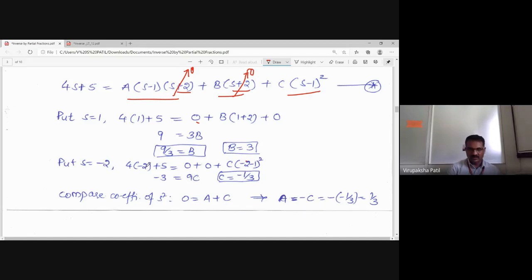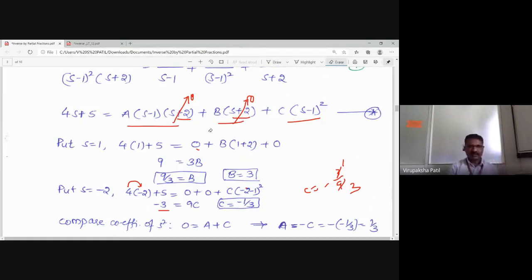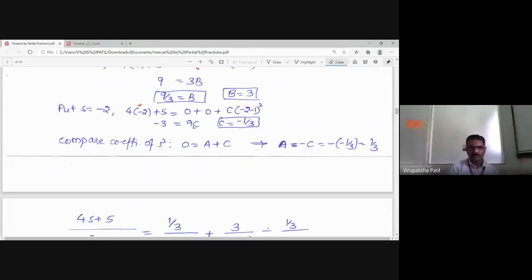So it becomes 9c is equal to, 4 twos are 8, minus 8 plus 5, it becomes minus 3, which you have written here. So we don't want the 9c value here, we want the c value. So c is equal to minus 3 divided by 9. 3 ones are 3, 3 threes are 9. If you simplify, you will get c is equal to minus 1 by 3. Now after this, the b and c values you got. To get the value of a, what should you do? Can anybody give me some hints there?